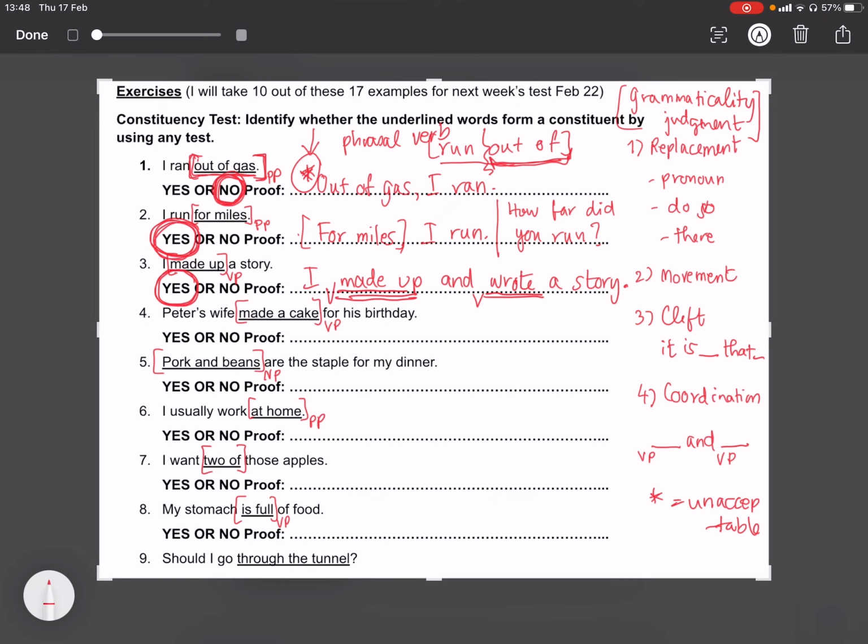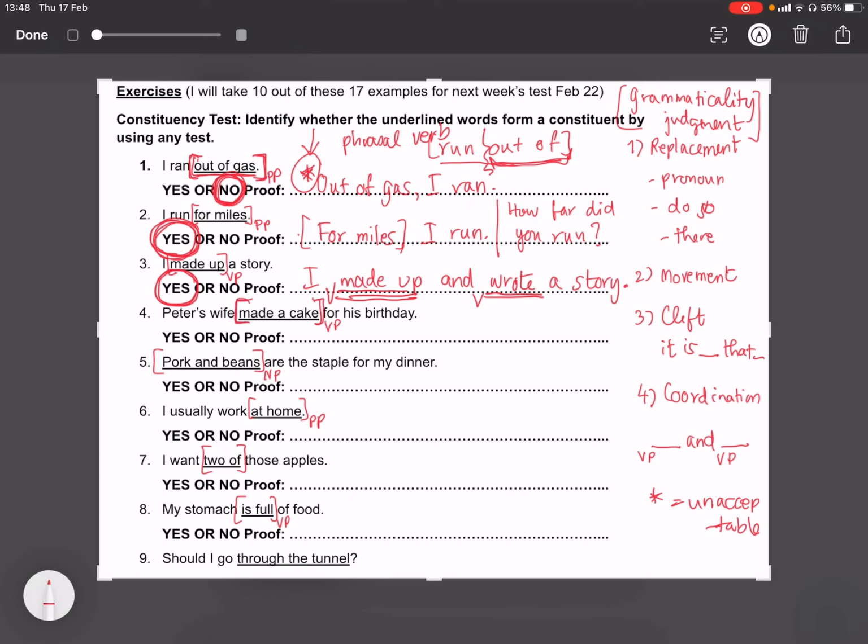Okay. Out of gas is not a constituent. For miles is a constituent because you can move it in front. Made up is a constituent because you can conjoin it with another verb and it makes sense. It is acceptable. Number 4, Peter's wife made a cake for his birthday, so you can replace it with do